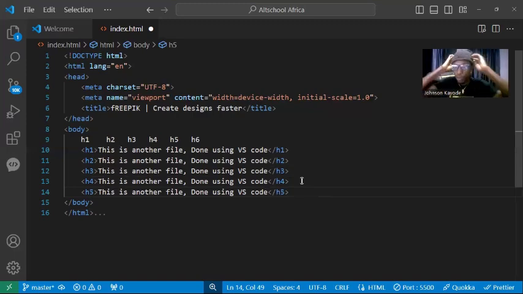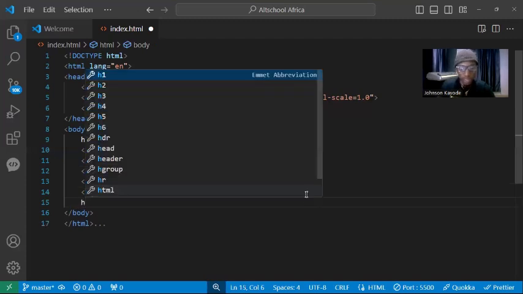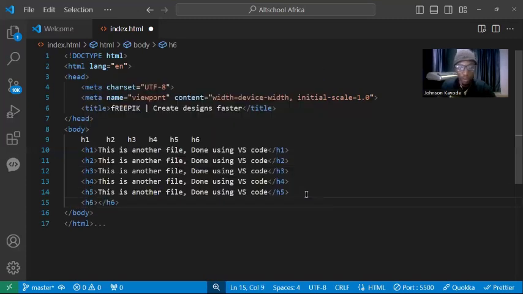So like I was saying, H1, H2, H3, H4, paste down to H5, Control C and Control V, for those of you who don't know how to copy and paste. To copy, you select the file, Control C, and to paste, H6, Control V. Another interesting thing about VS Code is when you type,